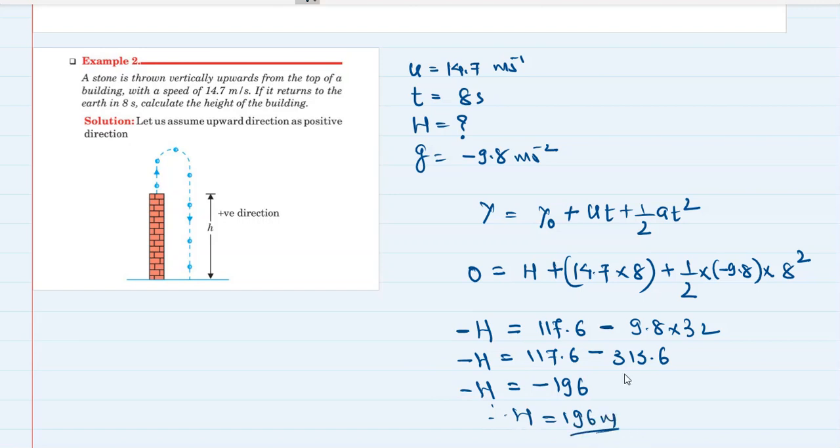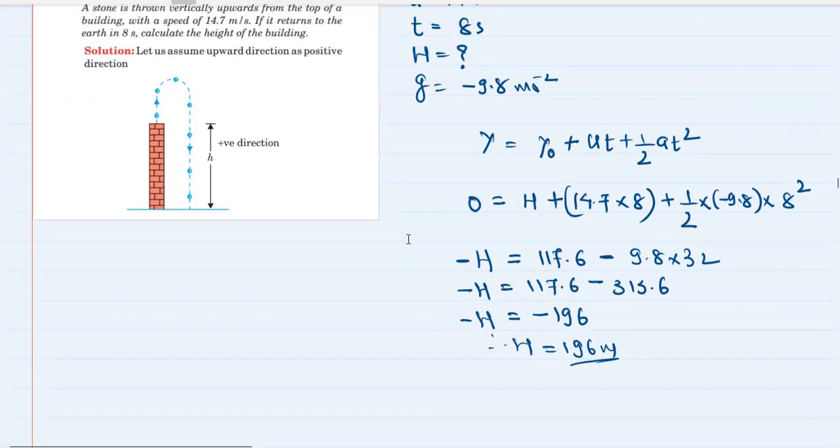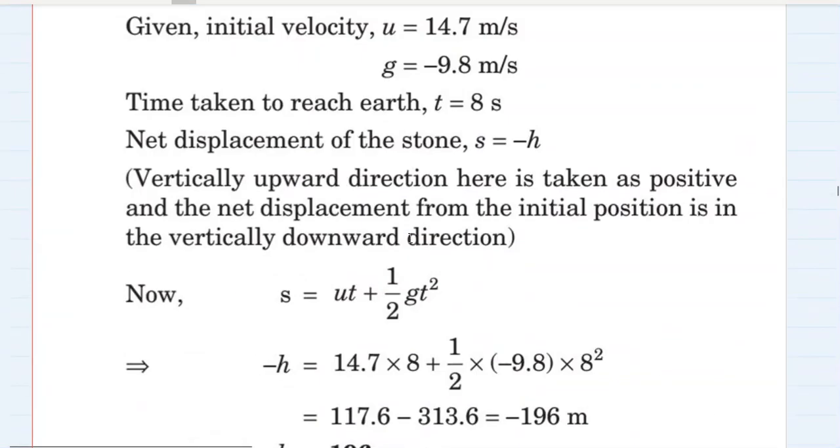So we used that technique which we had seen in the derivation. We did not use any derivation, but we used that technique from the derivation, and that certainly helped us to get the answer. Now let's check whether the answer is correct or not. Height of the building is 196 meter. Yeah, it's absolutely correct. I think they also used the same technique, except they did not write any y naught or anything like that. But yeah, I found that quite easy.